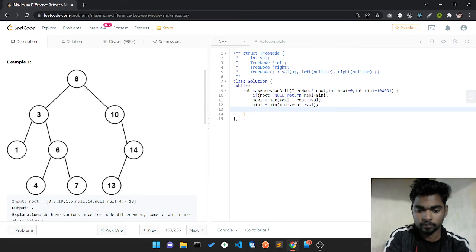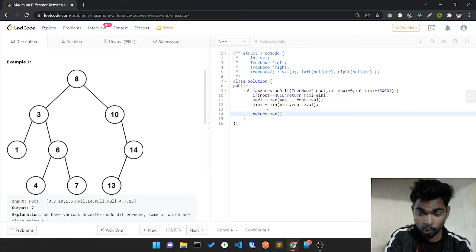After that, I call recursion. Hey recursion, please do my one job: call ancestor for the root left part as well as the root right part, and go compute the maxi mini value.